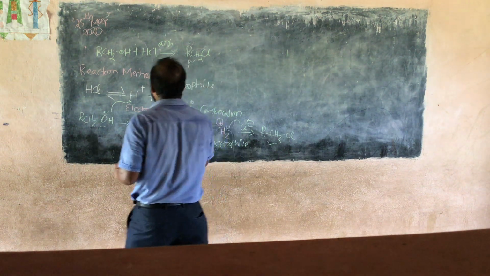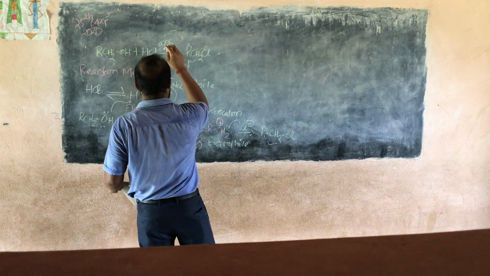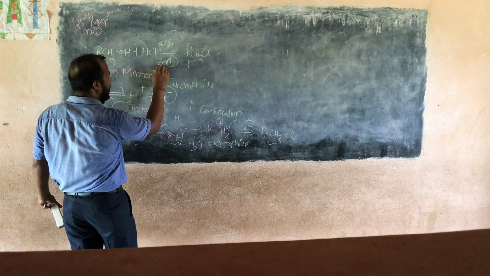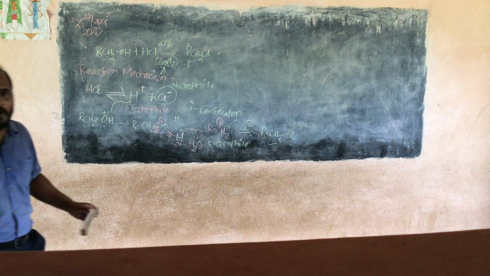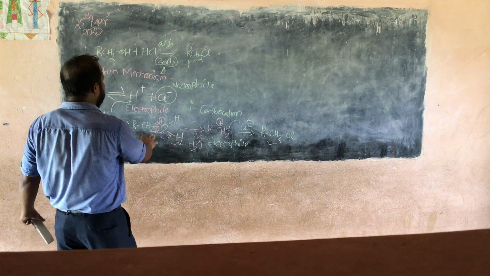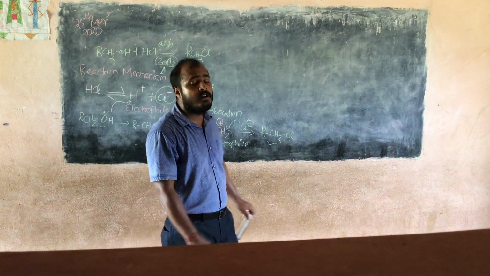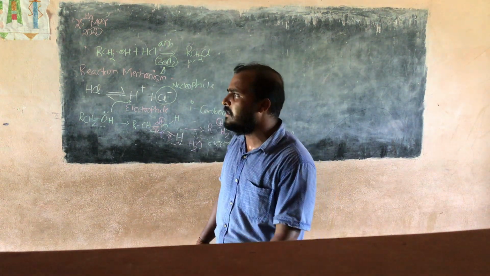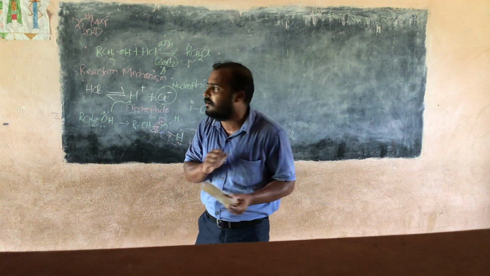Now we will see. It is a primary alcohol, and we have used a catalyst. This is anhydrous zinc chloride. When there is no zinc chloride, then this is the reaction mechanism. If we have zinc chloride, it is a Lewis acid. So what is a Lewis acid? It is a substance which can accept a pair of electrons.